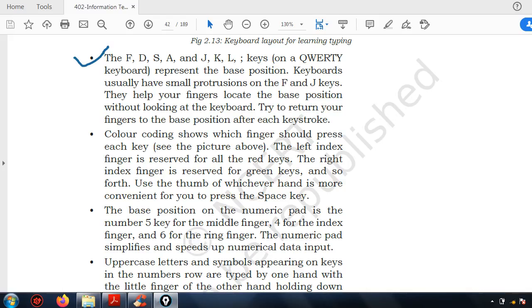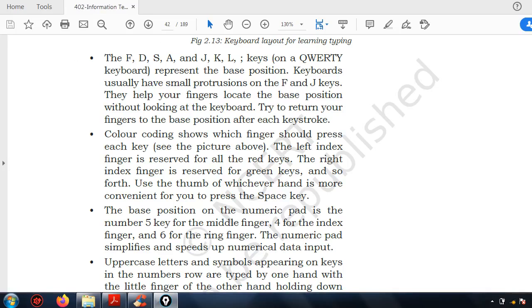So whatever we saw, home row is this FDSA and this JKL semicolon. This is for left hand fingers, this is for right hand fingers, and these letters are present on a row which is known as the home row, beside the caps lock key. Understood? Now this represents the base position, because most of the time our fingers will be in this position only.